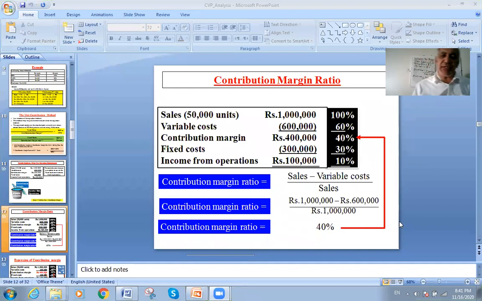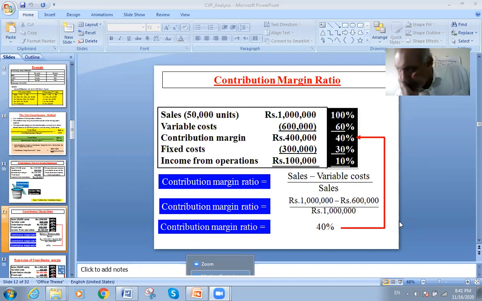Now we'll go back to share the screen. The things that I want you to get out of this unit will come to you as direct questions like this. You need to know the meaning of break-even analysis and how to calculate it. It's a point where there are no profits, no losses, everything is fine at this point. As an example, if I gave you sales of 50,000 units that make 1 million rupees, and variable costs of 600,000 rupees,